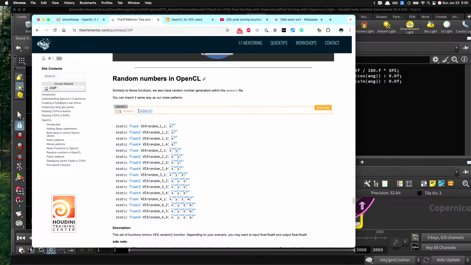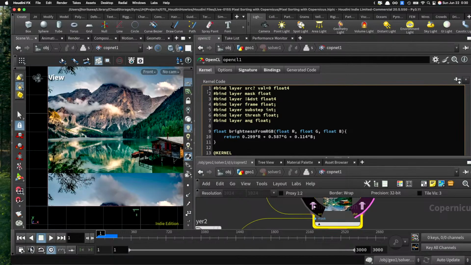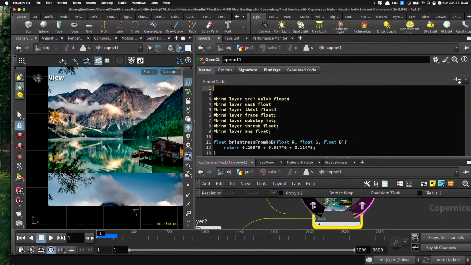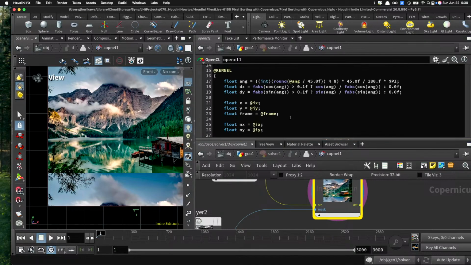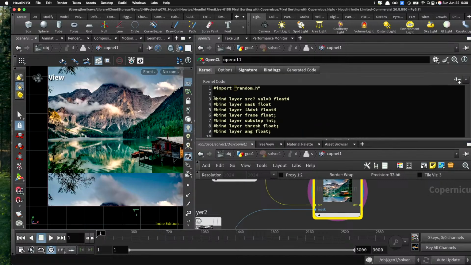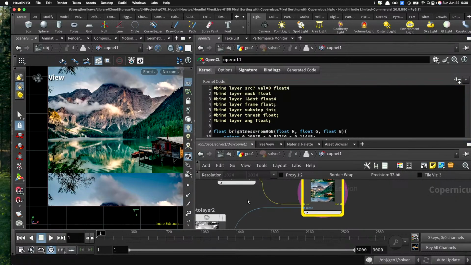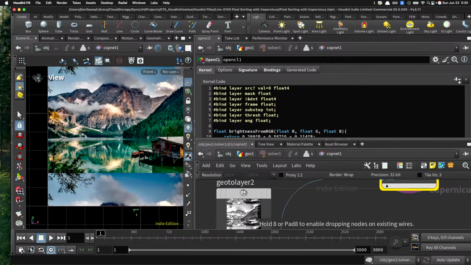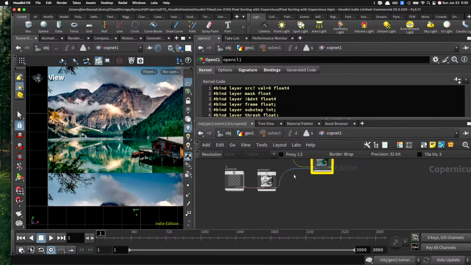And to use this, I need to import this header beforehand. So add this import random.h, and not here, sorry, not right here, but what I want to do is to modify,